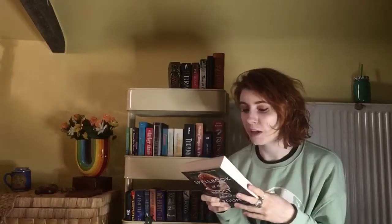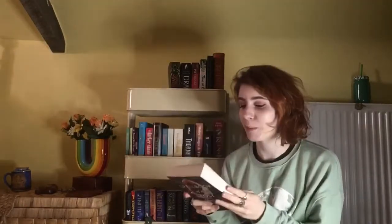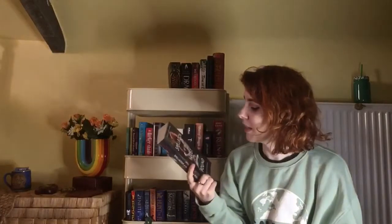But this is a very spooky witchcraft inspired story, I believe. I've only read the first like 2 chapters, but yeah, it was very intriguing. I did quite enjoy the writing style. It's very different for contemporary because it obviously deals with witchcraft and that sort of thing, but yeah, I think this would be a good Halloween time read, but I'll probably end up reading it way before then. But yeah, also again, this cover is very satisfying and I love the fact that there's a redhead on it